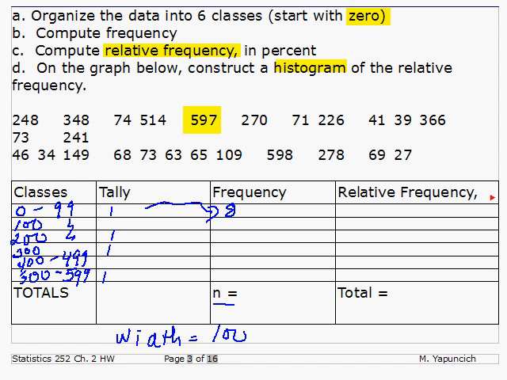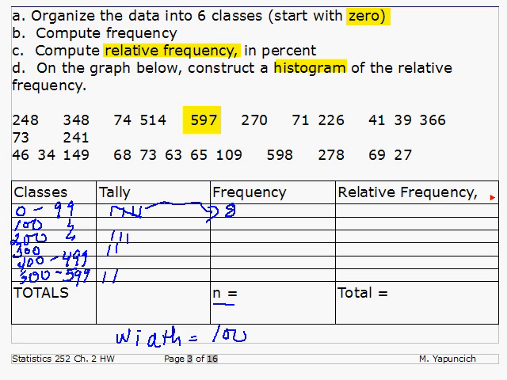I'm going to go ahead and work this out so we can see what we've got here. So we've done the first four numbers. 597 will go down here, 270 here, 71, 226 is here, 41, 39, 366. That's a 3, by the way. Just didn't make it. Okay, 73,